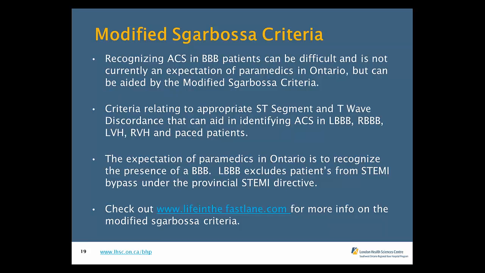Thanks, Matt. I think our approach as paramedics in the past has often been that in the setting of left bundle branch block, it's really difficult to identify whether patients are having an MI or not, and these criteria go a long way in helping us realize that there is a way to identify acute ischemic events from long-standing or previously occurring damage or bundle branch blocks. So if you are motivated to look for a deeper challenge, this is one of those that, once it clicks, is really useful in a lot of different settings, as it mentions not only left bundle branch blocks, but paced patients, right bundles, as well as both right and left ventricular